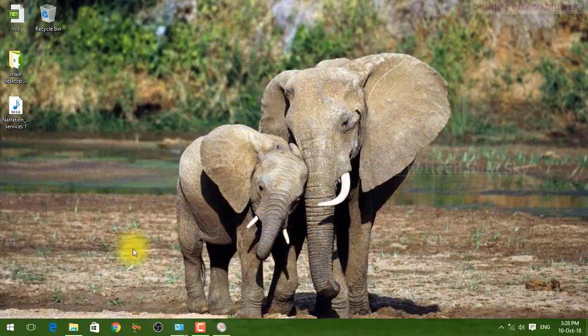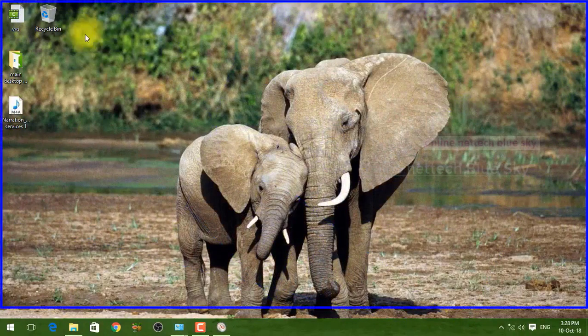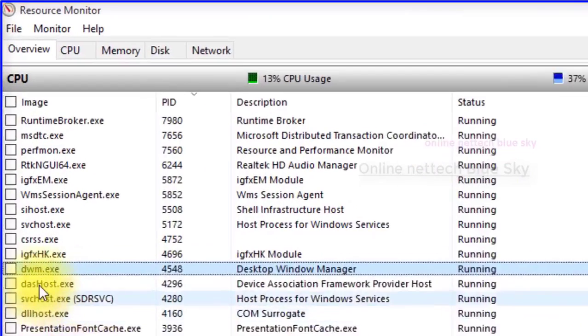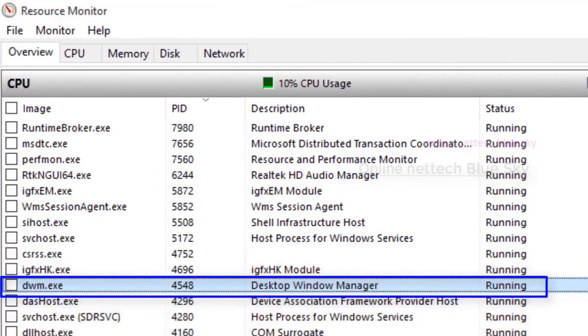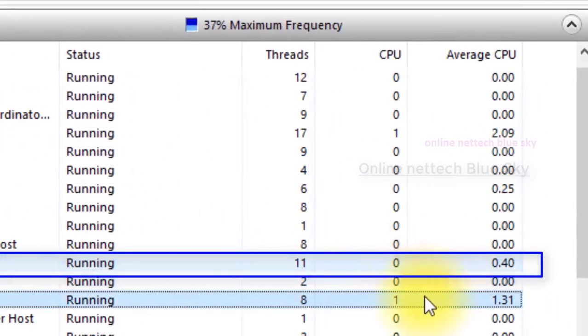You can see your desktop, and the desktop automatically changes my images. This is my elephant image, and the desktop window manager service automatically changes my images.